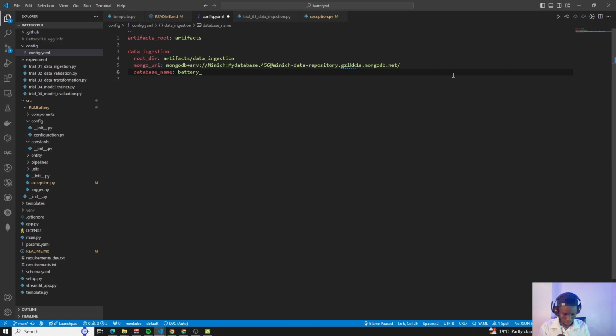Then again from src dot rule battery config configuration, we're going to import the configuration manager. Then from src, we need to import the components. So dot components, we are going to import